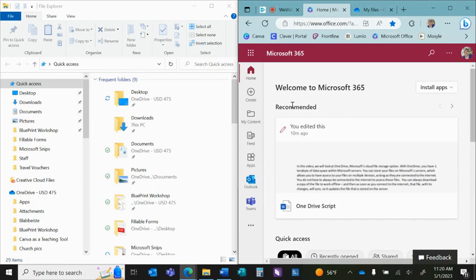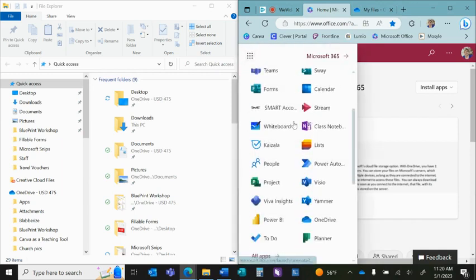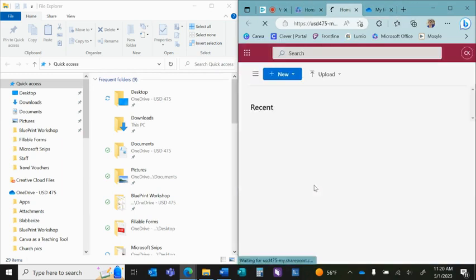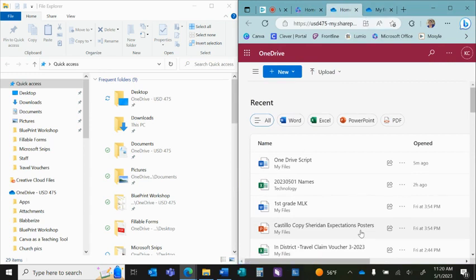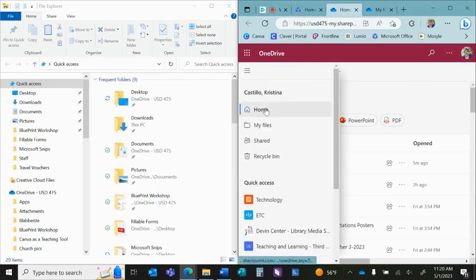I'm going to open OneDrive on my browser. I'm going to do that by going to the waffle and scrolling until I find OneDrive. And then I can see that these are my files. Now I want to look at my folders. So I'm going to go up here to the little hamburger, the 3 lines, and I'm going to click on